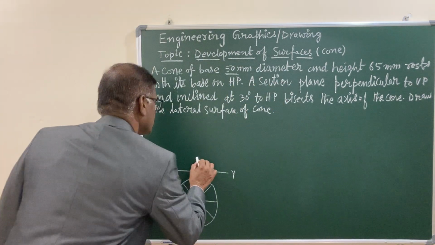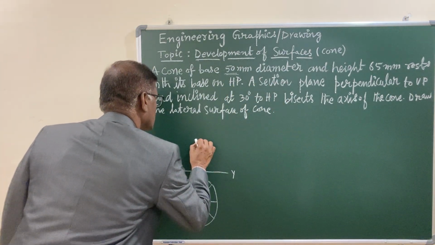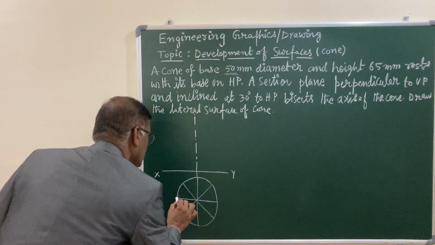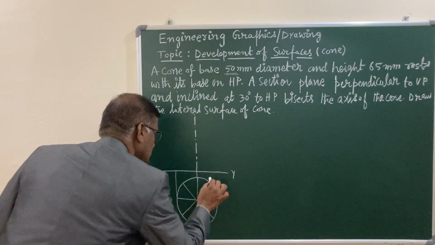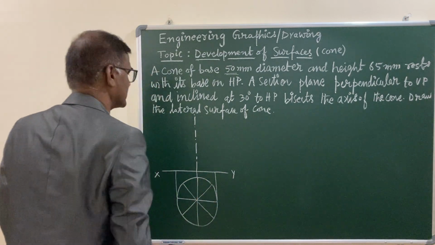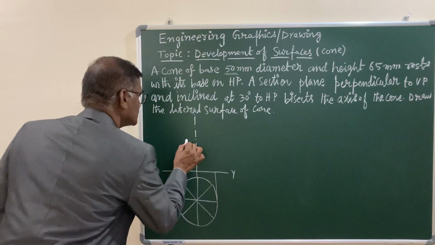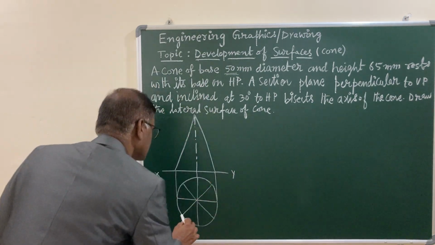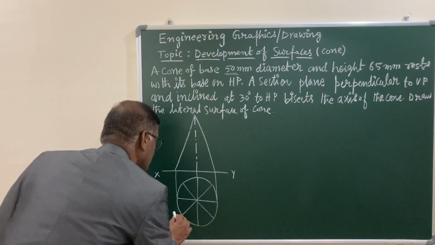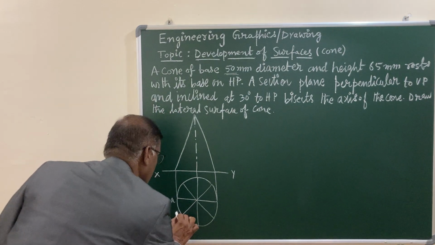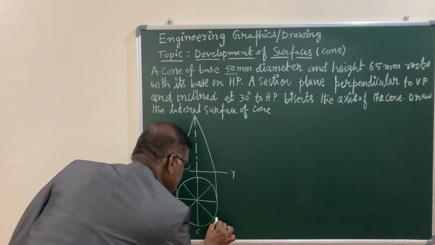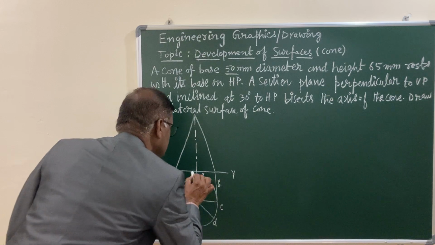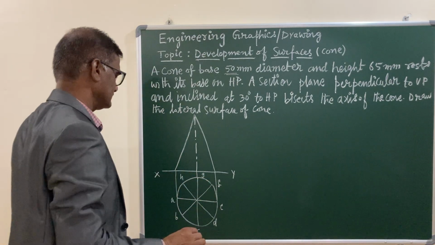Height of this is given as 65 mm. So let us draw the long chain line and measure 65 mm and draw the projectors of the end generators, and join with the apex, right? So this also, now you can give, let us call this A, B, C, D, E, F, G, let us call H,